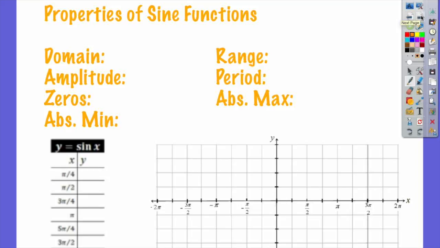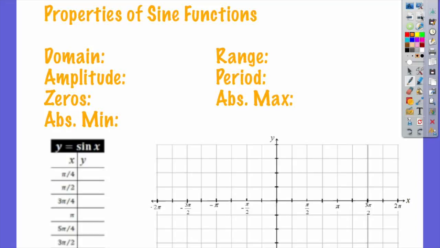Now the graphs of sine and cosine and tangent, etc., can all be derived from your unit circle. Hopefully you haven't forgotten your unit circle between your midterm and now, because we are not done with it. You can always create the graph of sine by relying on the good old t-table, except the x values are going to be the radian measures, and then the y values are going to be the actual value when you plug it in. So if we have y equals sine x,